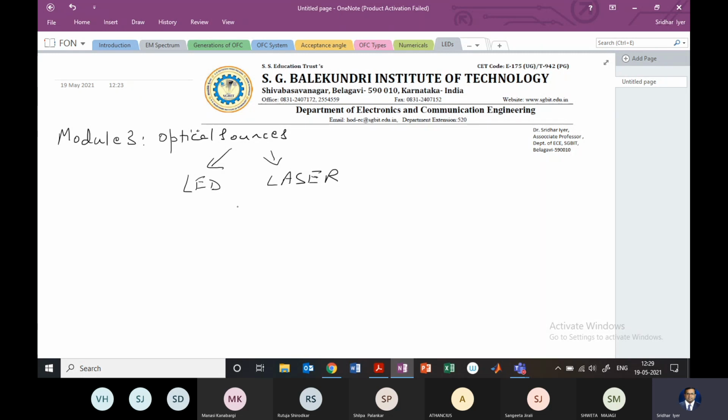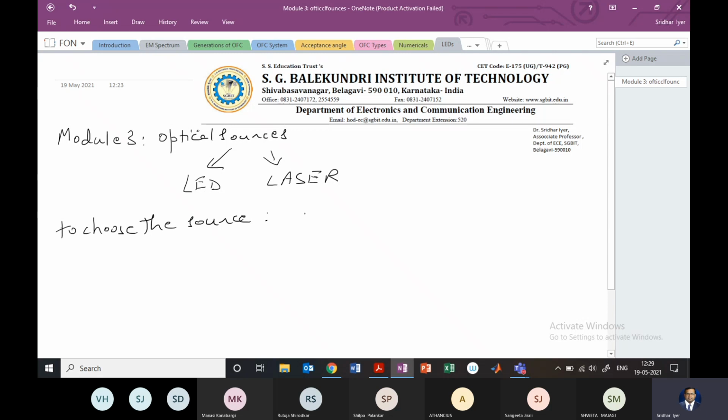Then we have looked at attenuation and dispersion, and then what kind of fibers can we have to operate at that wavelength where dispersion and attenuation is low. So those are known as the dispersion shifted fiber. So all these characteristics we need to consider when we are choosing an optical source, right? So when you choose an optical source, I'll write the important points. To choose the source, I'm not going to use the word optical source again and again. It is understood that we are dealing with optical source.